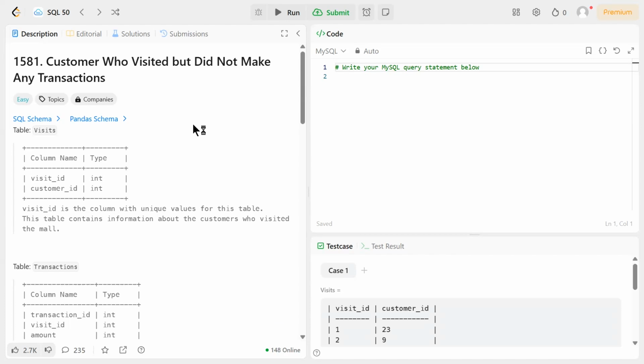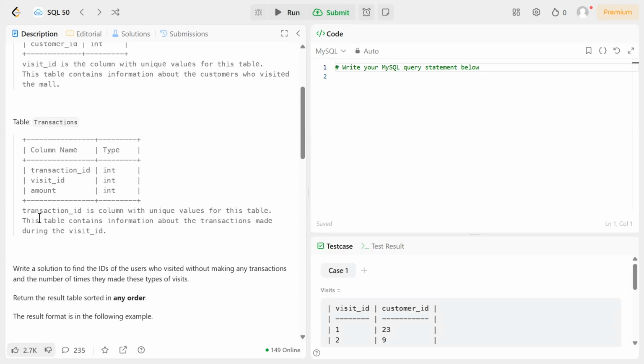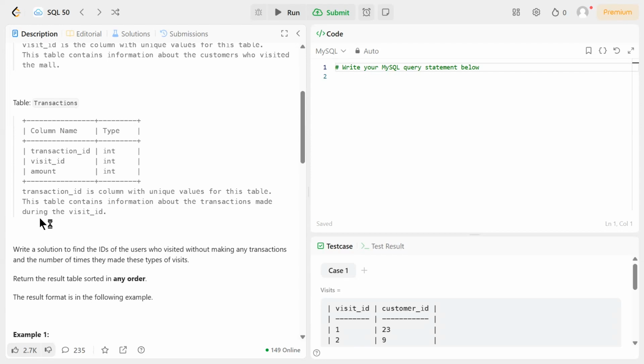As we can see here, we have been given two tables, widgets and transactions. The widgets table includes two columns, widget id and customer id. Widget id is the column with the unique values for this table, and this table also contains the information about the customers who visited the mall. And the second table, transactions, contains three columns: transaction id, widget id and amount. Transaction ID is the column with the unique values for this table, which means transaction ID is the primary key for this table, and this table contains information about the transactions made during